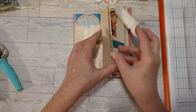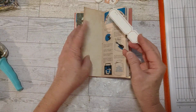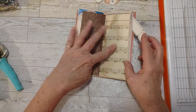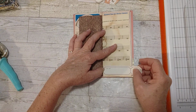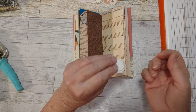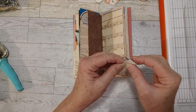I need it to be wide enough. That already has a label on the other side too, and this says for you right there. Oh, maybe on the music page. That's cute. I like that, and that page is wide enough for it. So what I'm going to do is, it's almost like you could cut this off and use it as a separate label really if you wanted to. It's cut on the line right there, but I'm going to fold it